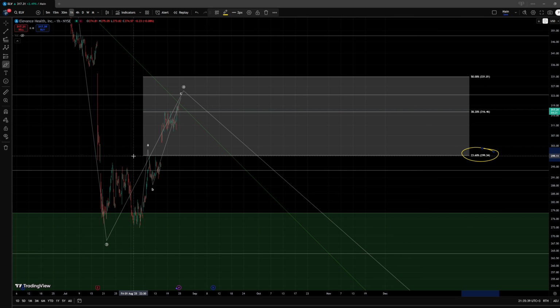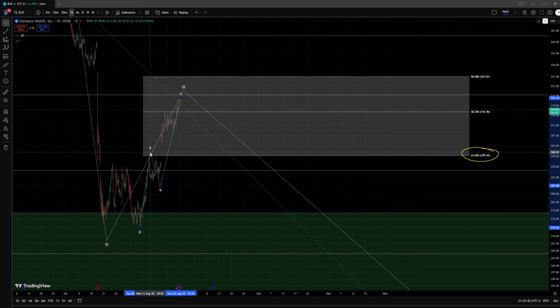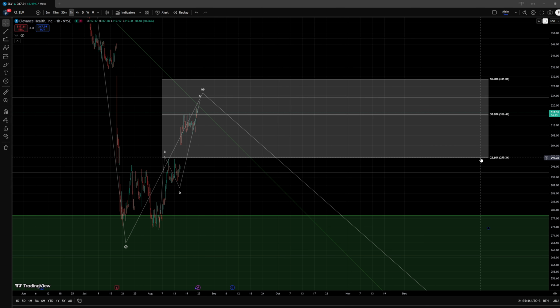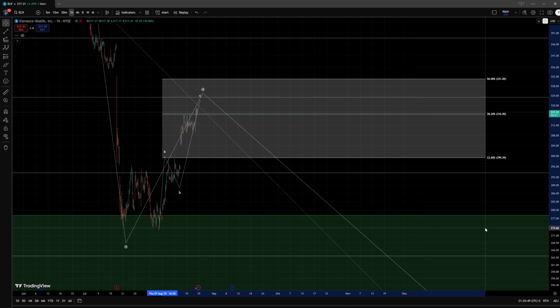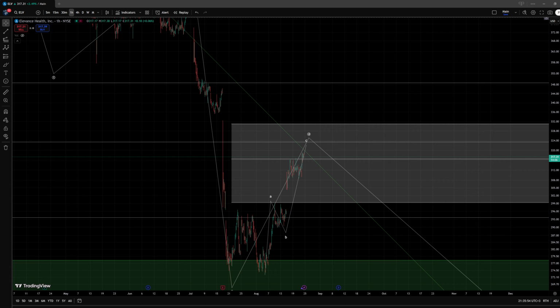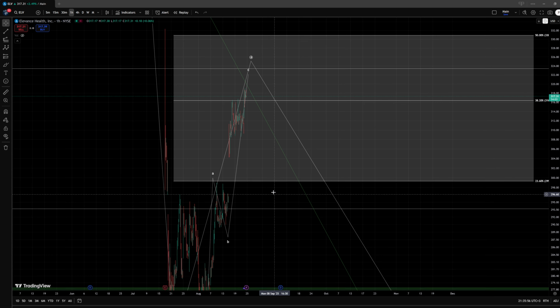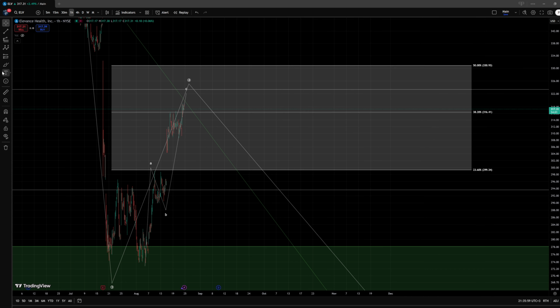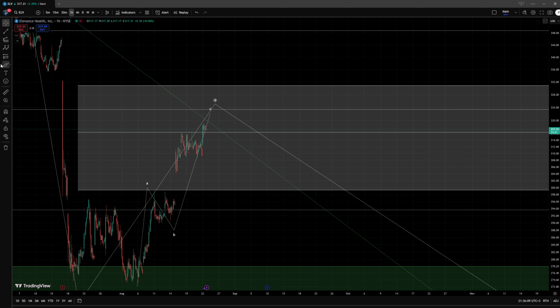We didn't actually reach it exactly, but maybe that's because I drew it badly. I don't know exactly. Maybe I didn't draw the exact levels here. Let's see. I drew that nicely. And here it seems correct. Yeah, we didn't actually reach it, but anyway, we did then also get to the 38.2% retracement level at $316 and got rejected in this area quite a few times, although we then managed to break above it. Now, let's see if we find support on top of it and then complete this C wave